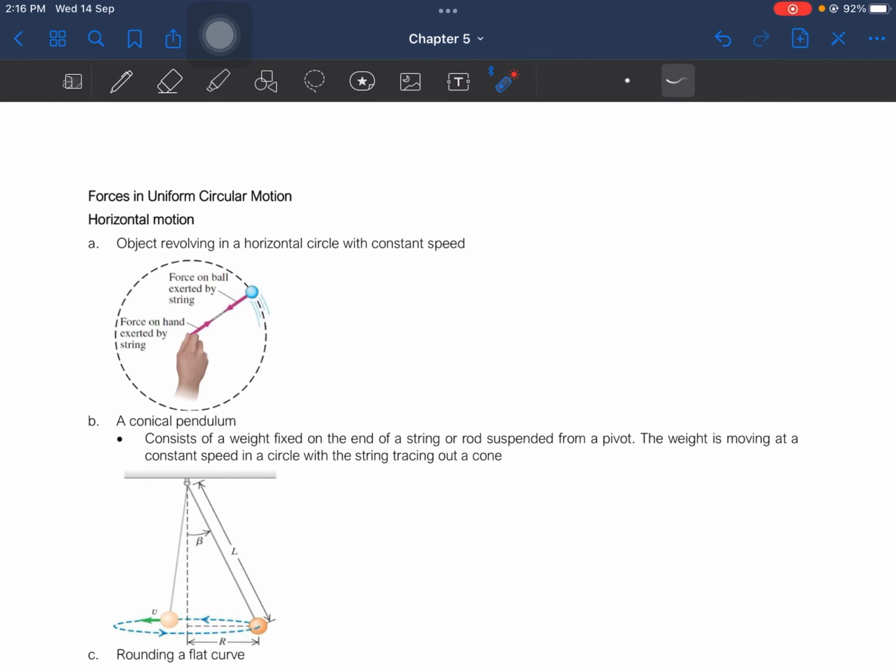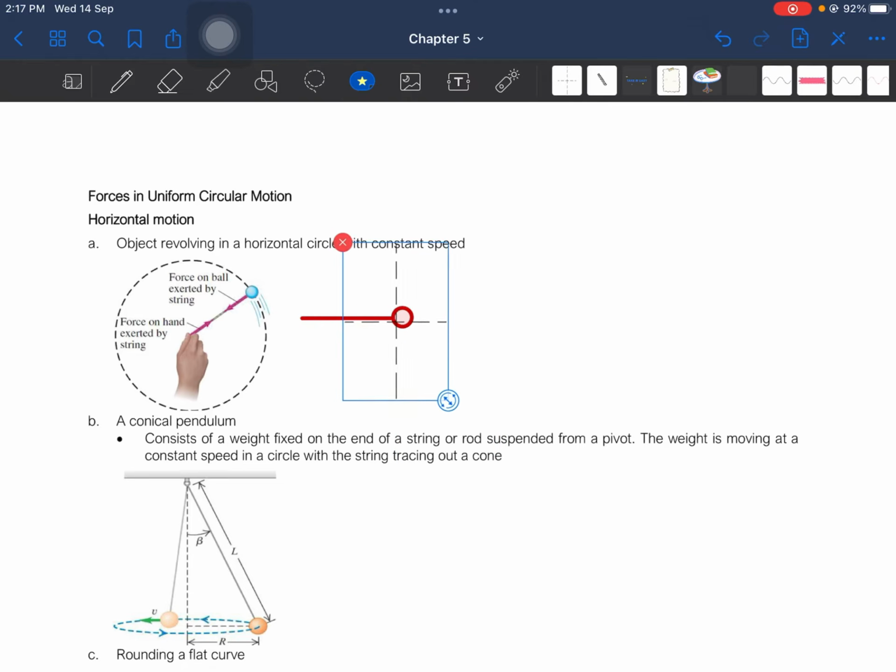Okay, so an object revolving in a horizontal circle with a constant speed. If we were to draw it, this is the ball, this is the string. So our view right now is like this. If we want to draw its free body diagram,